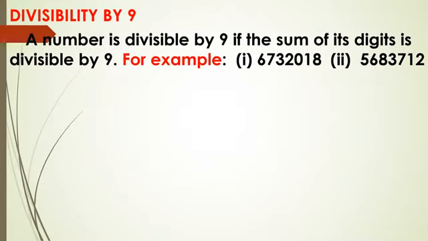Next, we have done divisibility by 9. In the divisibility by 9, again we have to do the same. We have to find out the sum of all the digits. If the sum is divisible by 9, then the number is also divisible by 9. For example,